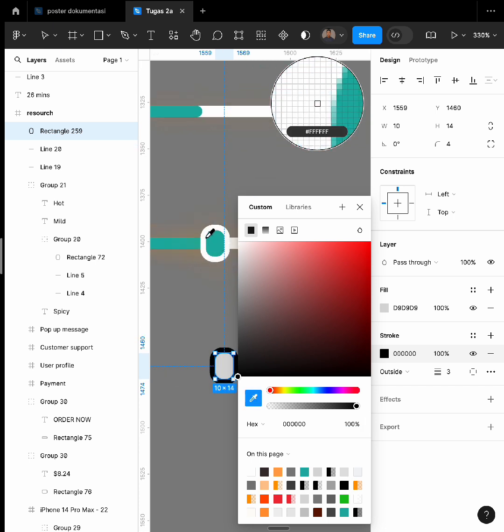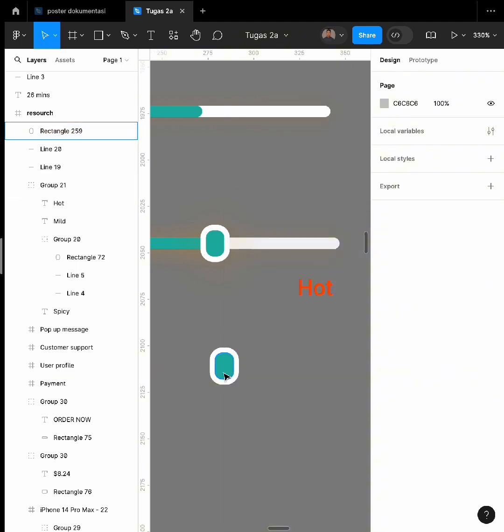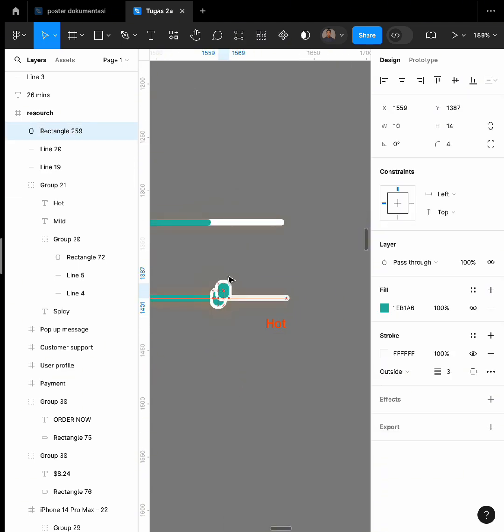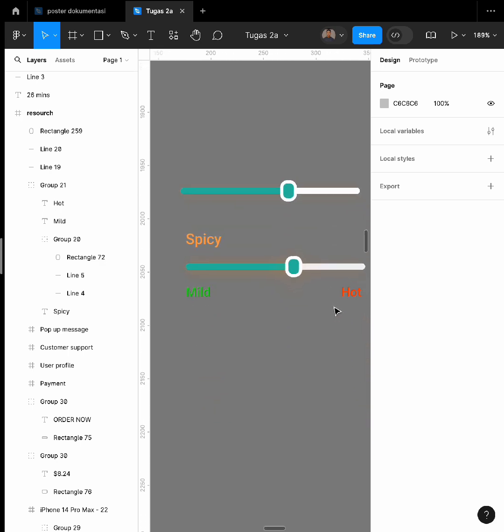Change the color, the stroke is white and the color of fill is green like this, and put it here. Beautiful.